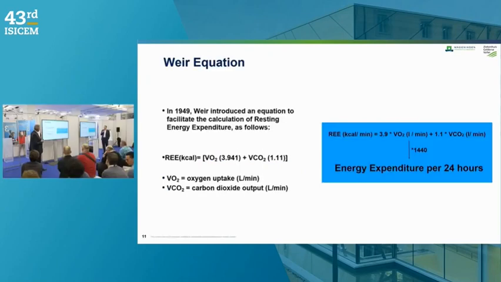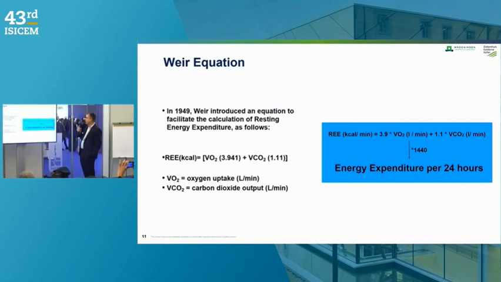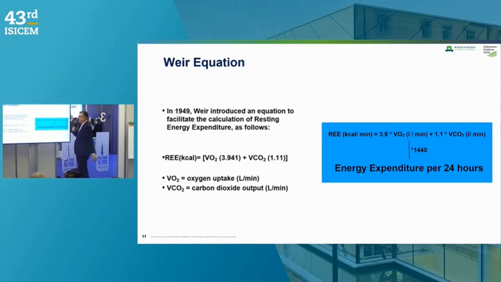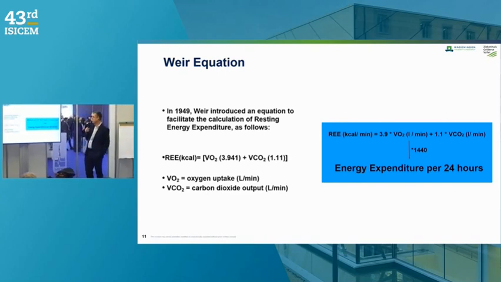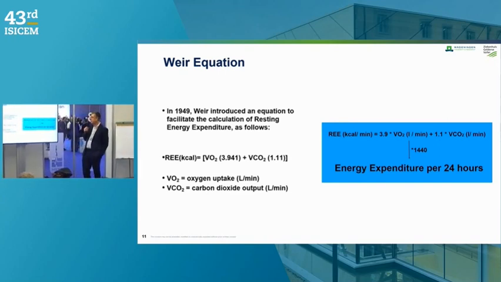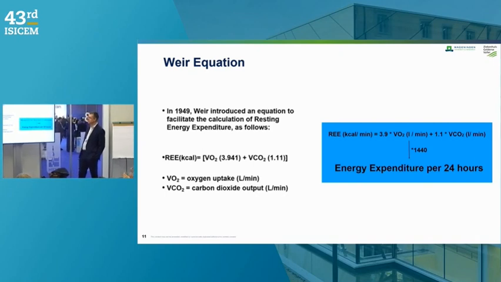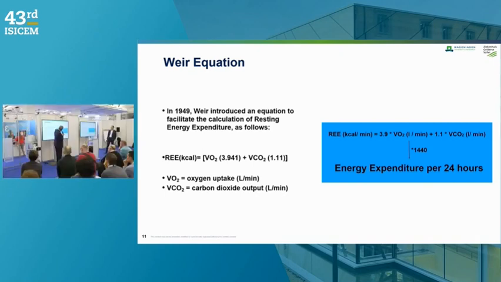And so we have this formula, and with this formula and the measurement of these two parameters, we can calculate the energy expenditure over the time. Yeah, what is very important, the Weir equation uses 3.9 times the oxygen consumption and 1.1 times the